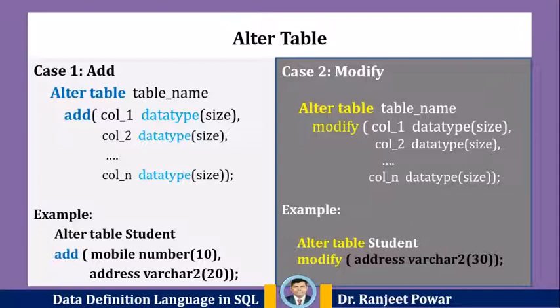There are some restrictions while using the alter table command. The first, you can change the data type of any column if the column contains null values, means the column should be empty. You can decrease the size of any column if the column contains null values or the table has no rows. The third one, the newly added column becomes the last column by default. And you can increase the size or the precision of a numeric column. So these are all the restrictions while using the alter table command.